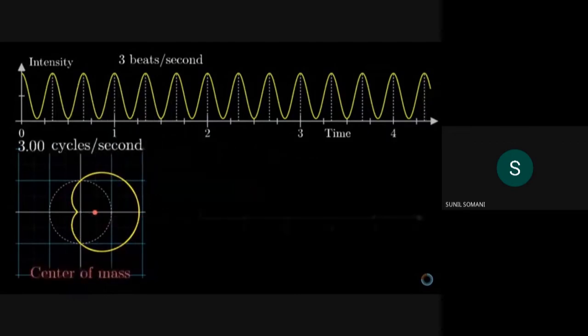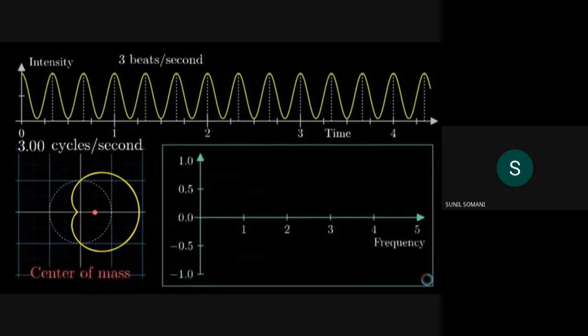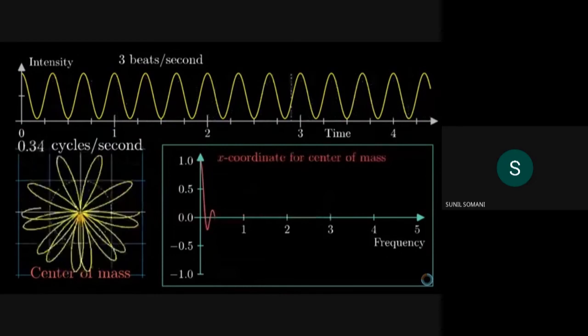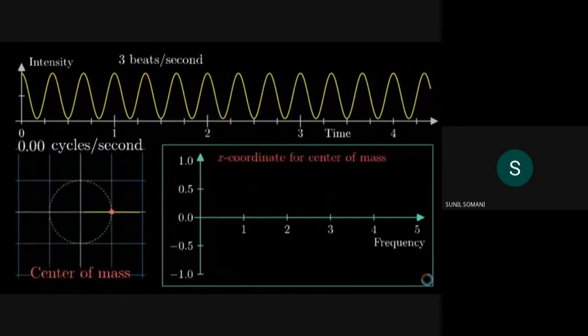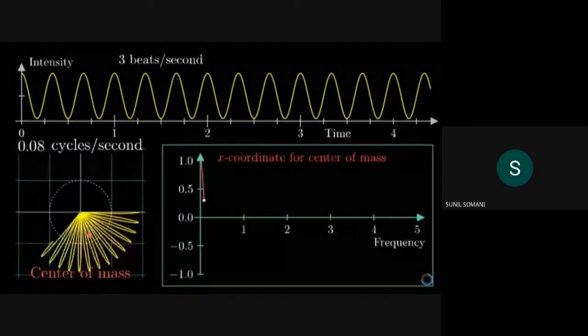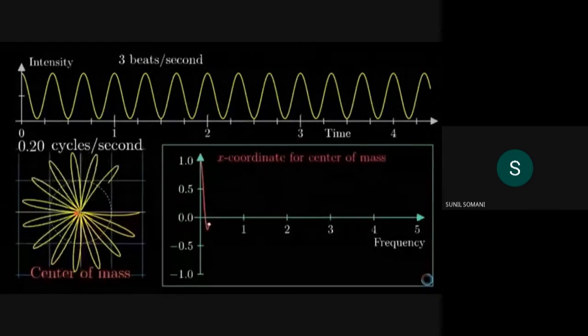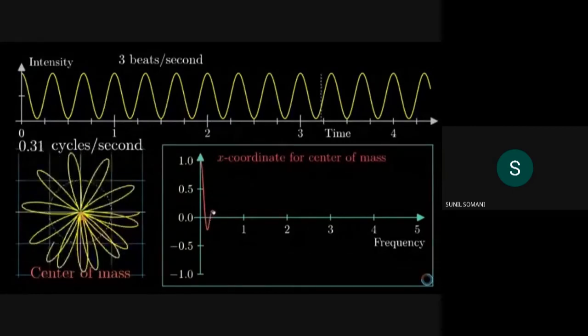Here, to capture this, let's draw some kind of plot that keeps track of where that center of mass is for each winding frequency. Of course, the center of mass is a 2-dimensional thing. It requires 2 coordinates to fully keep track of. But for the moment, let's only keep track of the x-coordinate. So for a frequency of 0, when everything is bunched up on the right, this x-coordinate is relatively high. And then as you increase that winding frequency, and the graph balances out around the circle, the x-coordinate of that center of mass goes closer to 0, and it just kind of wobbles around a bit.